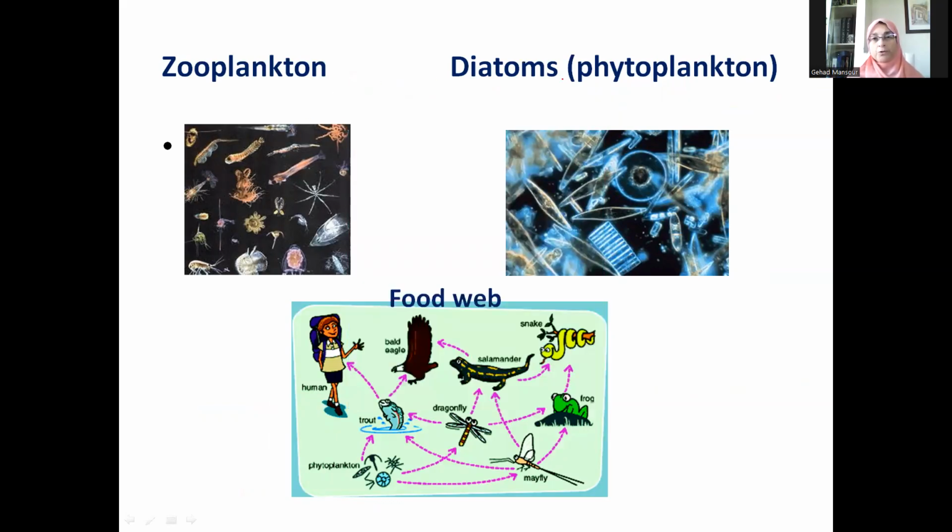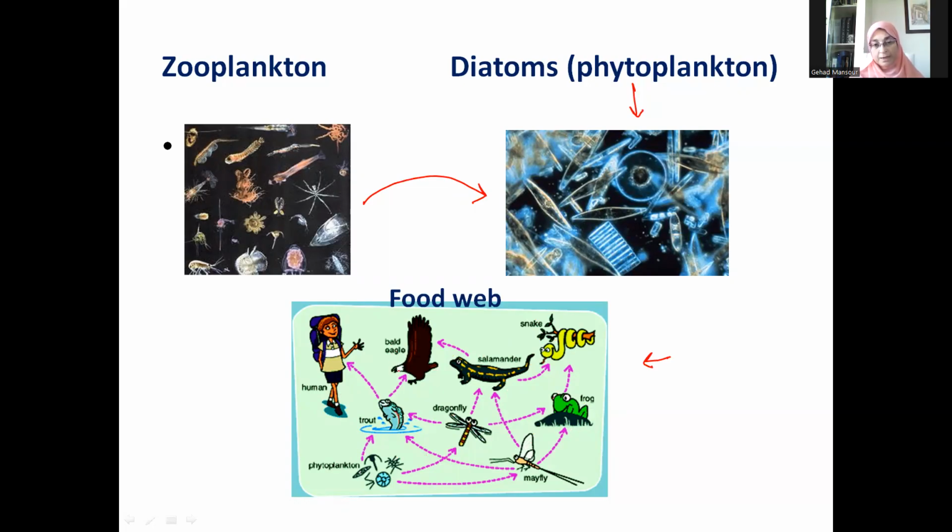Here you have a picture of the phytoplanktons or the diatoms. As you see, they are microscopic organisms that are marine and that live in seawater or oceans, and they are autotrophs. And zooplanktons feed on diatoms, and diatoms is the other name for phytoplanktons. And here you can see a food web, and of course you can have a look and see how the different food chains interweave with each other.